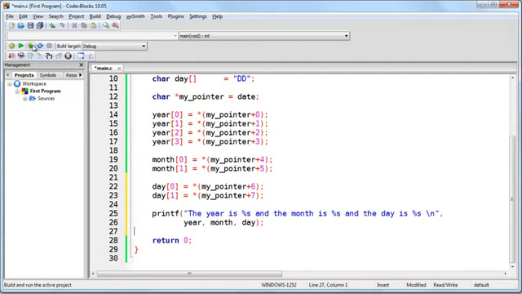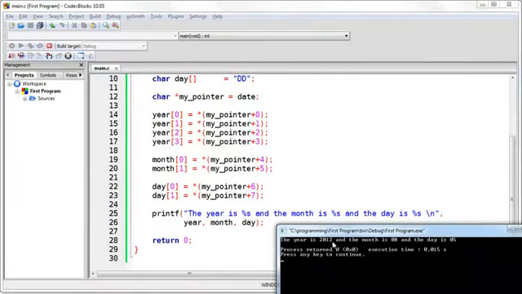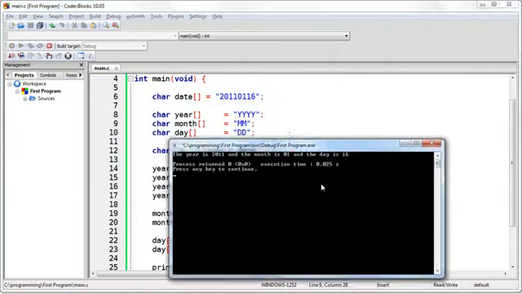Take a look. Now if I were to change the date, it's not going to affect anything. If I want to make this January 16th of 2011, you'll see that when we run this, it will still